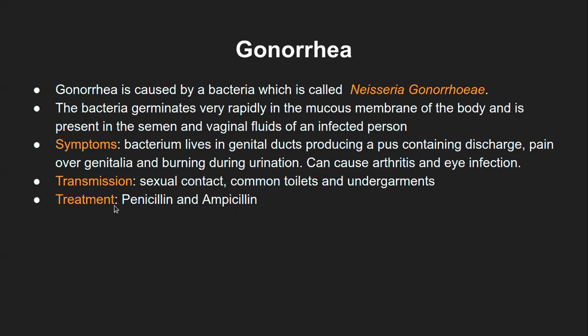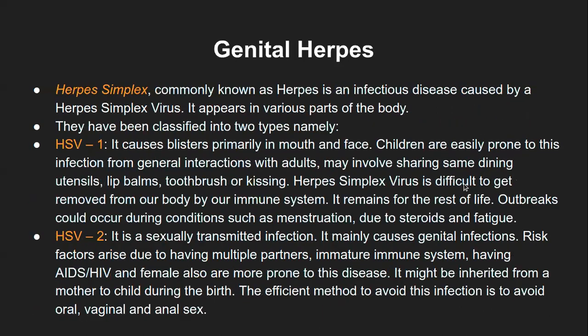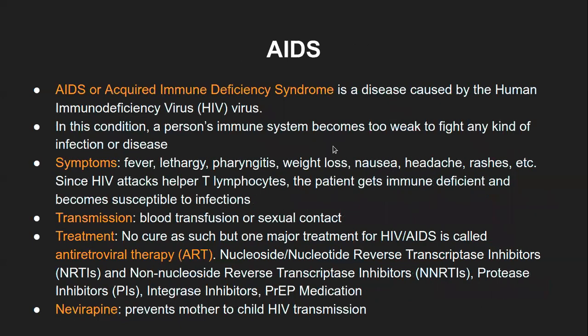And the treatment is again a penicillin like compound, which, like I said, is a broad spectrum antibiotic, so it works for most of the bacteria. So that is gonorrhea. I will talk about only a few of these because these are just factual things. There is nothing more to explain. I will talk about AIDS and then we will see which ones we can take.